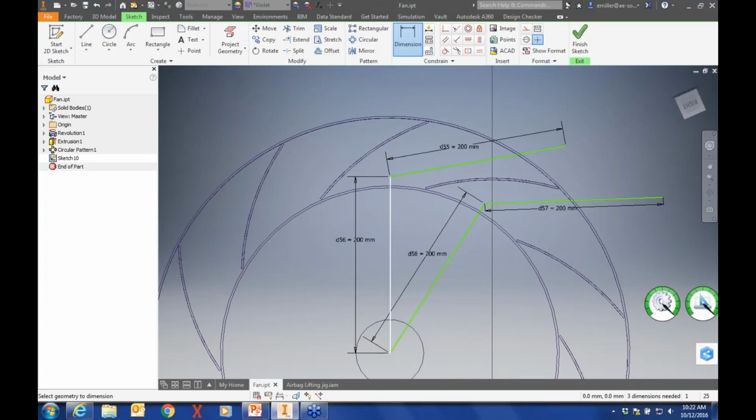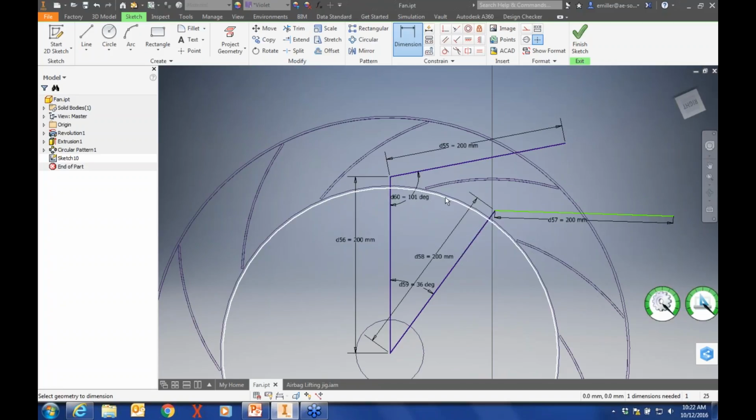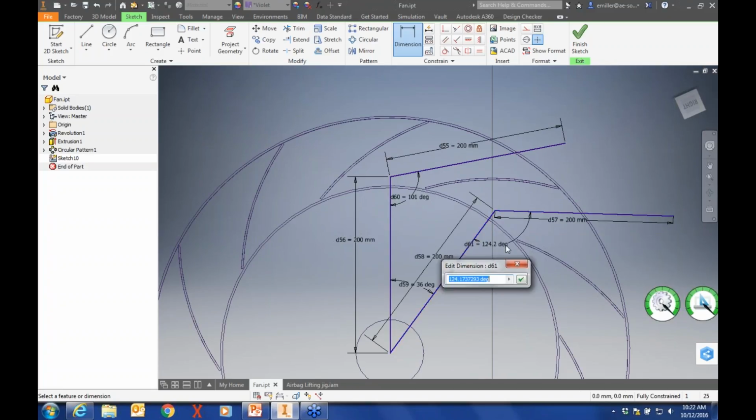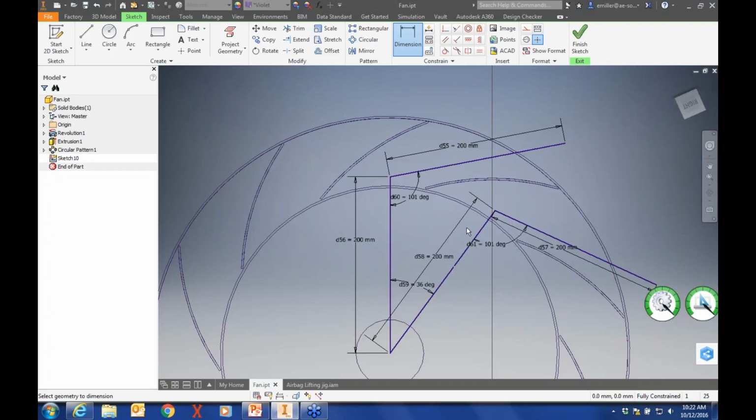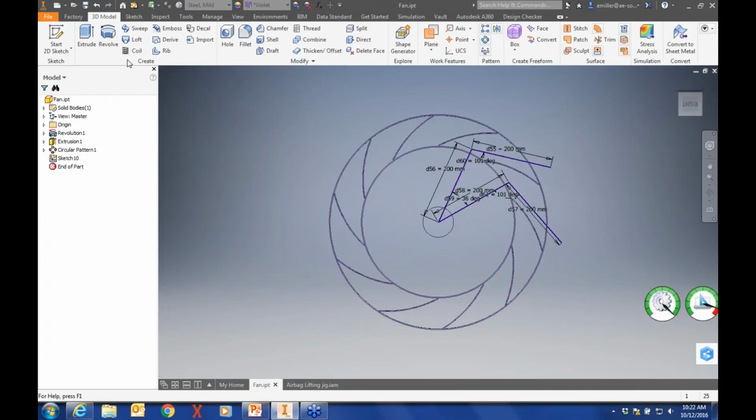Okay, and let's drop in a couple more dimensions. This we want to be 36, and this one is going to be 101, and same with this one, 101. Obviously we'd want to verify that we're getting an exact piece that's symmetric all the way around. But you can kind of tell here if you look at the distance between these, I think we're doing pretty good. So let's go ahead and just hit finish on the sketch, and let's go back to the shaded view